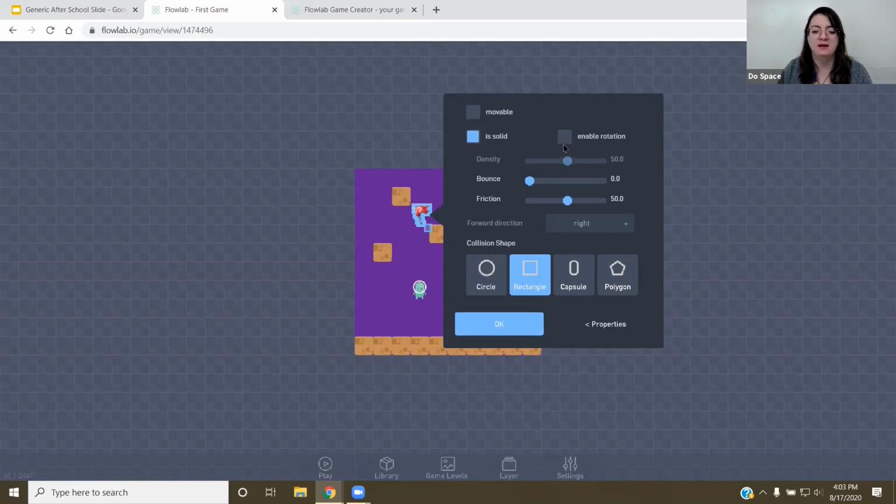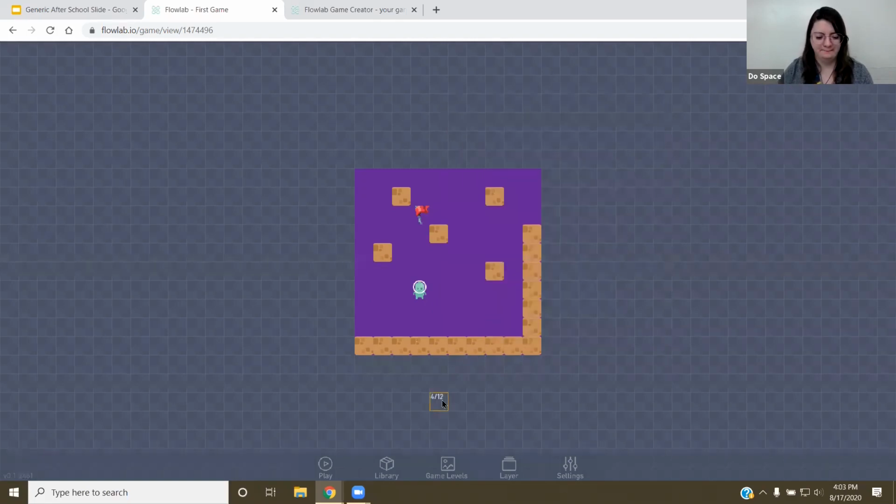If you want it to rotate, enable rotation. And then you want to make it super bouncy or make it so when it's against something, it's hard for it to run off. Density, for space, no, heavy. I think it's for heaviness right there. Not sure exactly. Forward direction for sending stuff. Collision shapes right here. Automatic collision shapes that we don't have to make, but it's there. And such. I'm going to be going through these in more detail later.